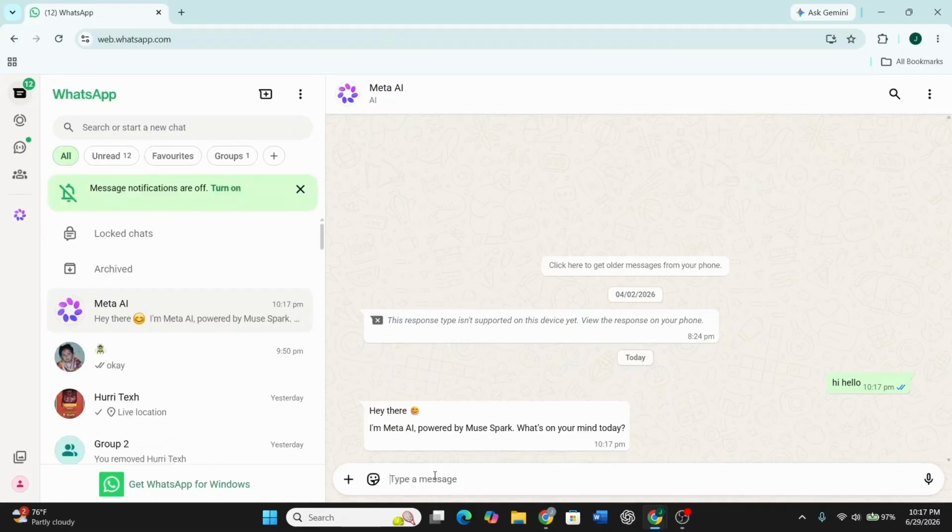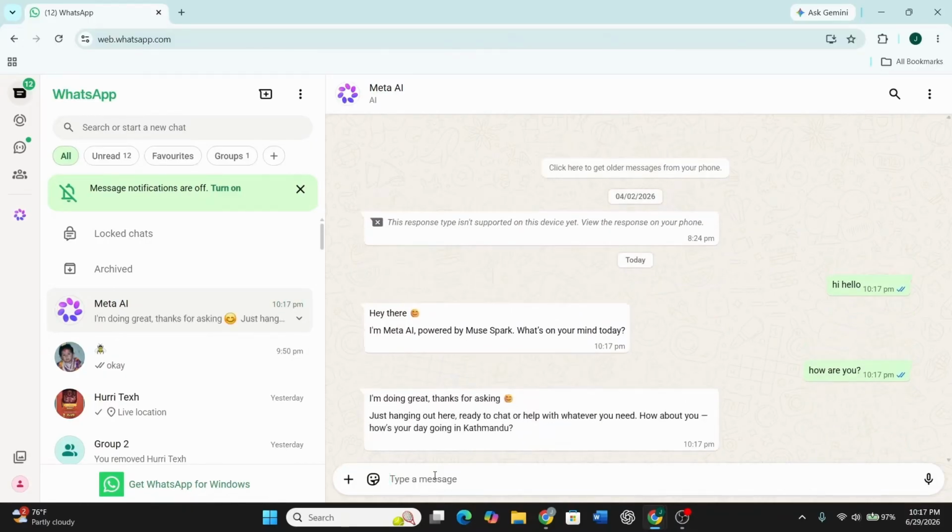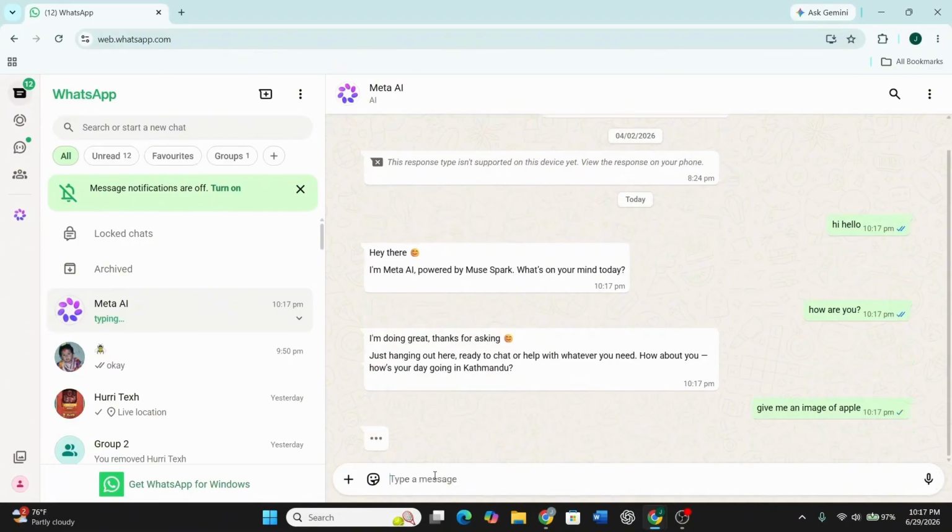Following this, you can continue asking follow-up questions within the same chat for a more natural back and forth. From here, if you want Meta AI to generate an image, simply describe what you want it to create directly in the message field. At this stage, wait a few seconds and Meta AI will generate and display the image